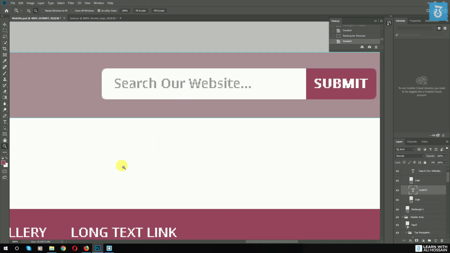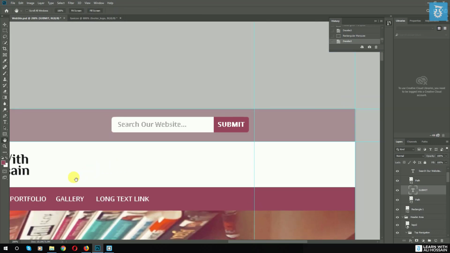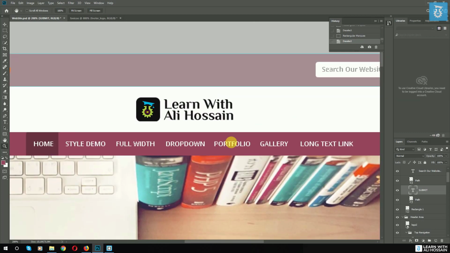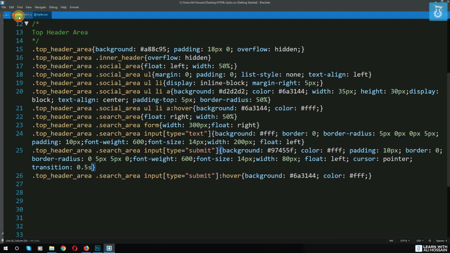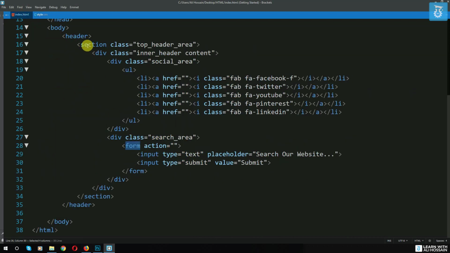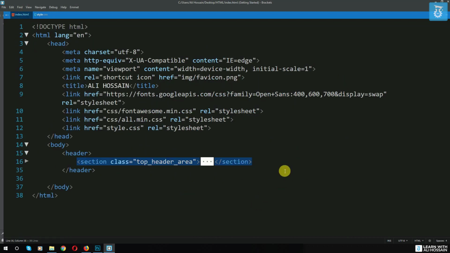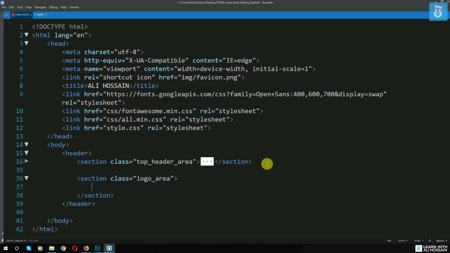As you can see, our next section is the header logo area. So I will add a logo section right now. For doing that, I will go to the index, and our top header section is completed, so I will minimize this. I will add a new section, and our section class will be logo area. Okay, and here I will add an a for linking, and here I will write the index.html file,